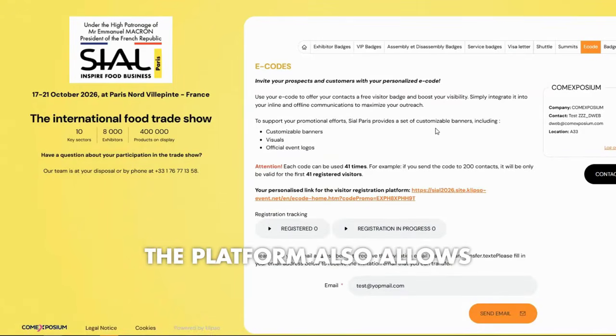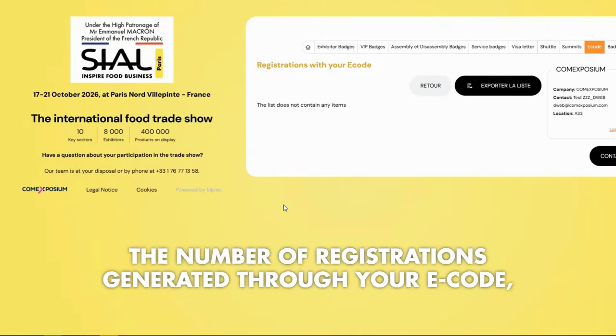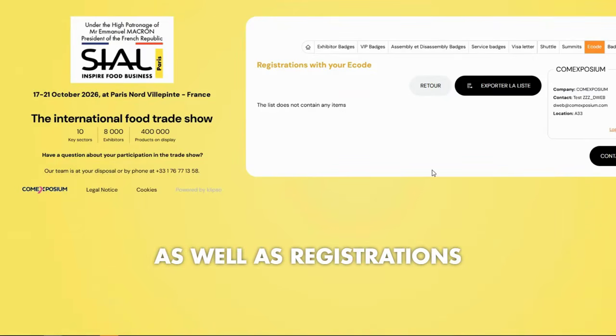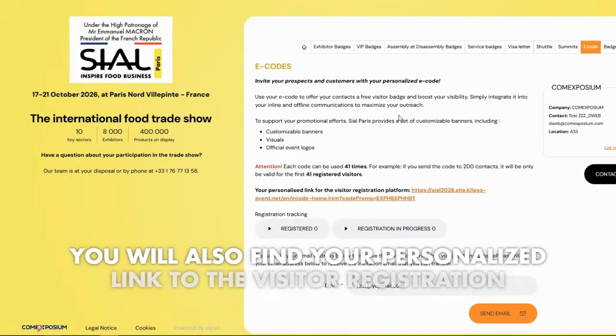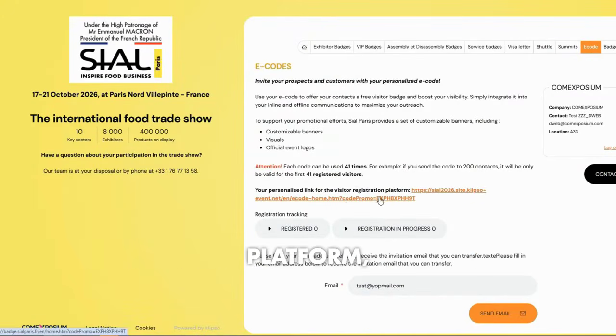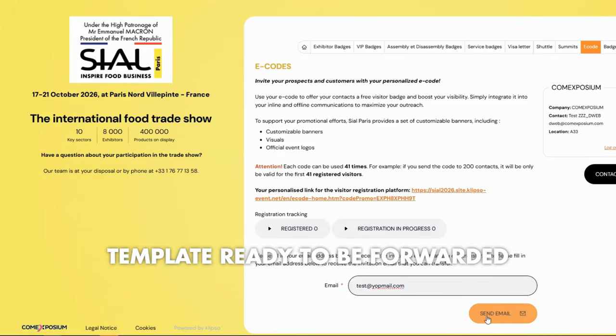The platform also allows you to track in real time the number of registrations generated through your e-code, as well as registrations currently in progress. You will also find your personalized link to the visitor registration platform, which you can share directly with your contacts. If you wish, you can enter your email address to receive an invitation template ready to be forwarded to your